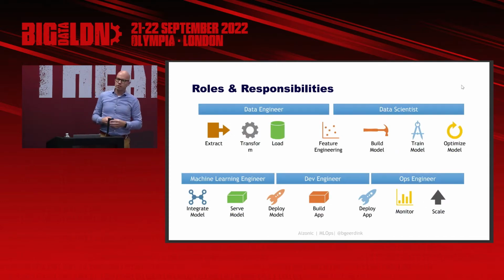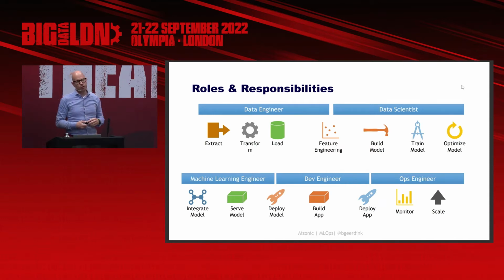Of course, your roles and responsibilities in your teams will change a bit because data scientists are a new specialty that you will introduce in your teams. And there's also one other role that I would bring to your attention, which is the machine learning engineer. Also a role that is maybe a bit new to a lot of companies, but I think it's quite important to recognize that you need people that are integrating your models that have been built and trained by the data scientists into the applications that you already have, into your architecture. The machine learning engineer is a role that is dedicated for that. Next to existing roles you probably already have, like a dev engineer, an ops engineer, maybe a data engineer. This might look like a lot in your team,